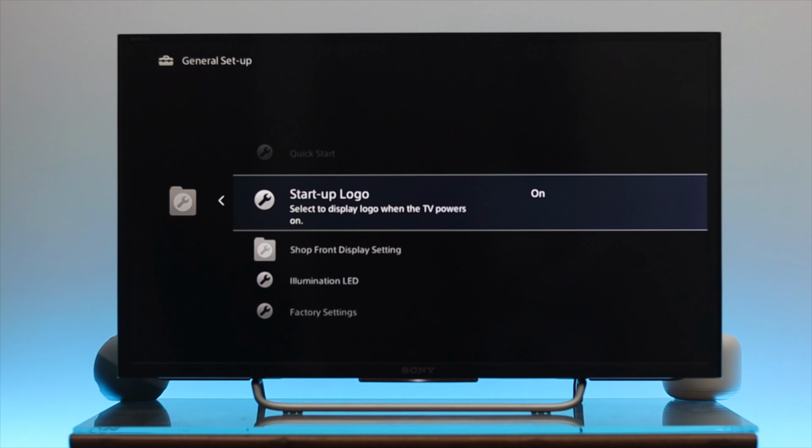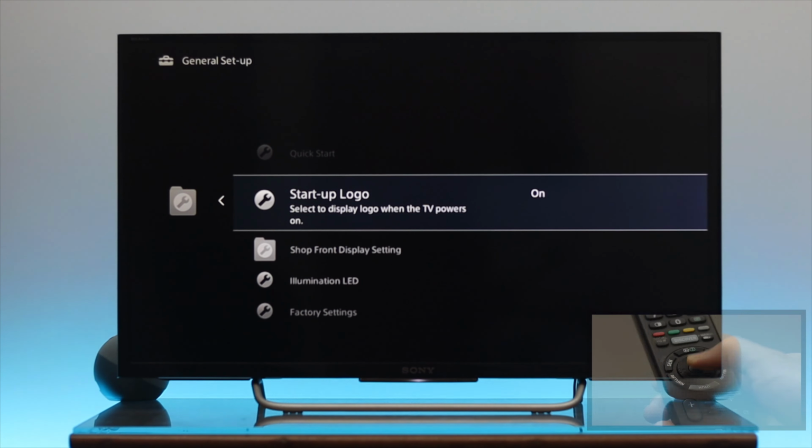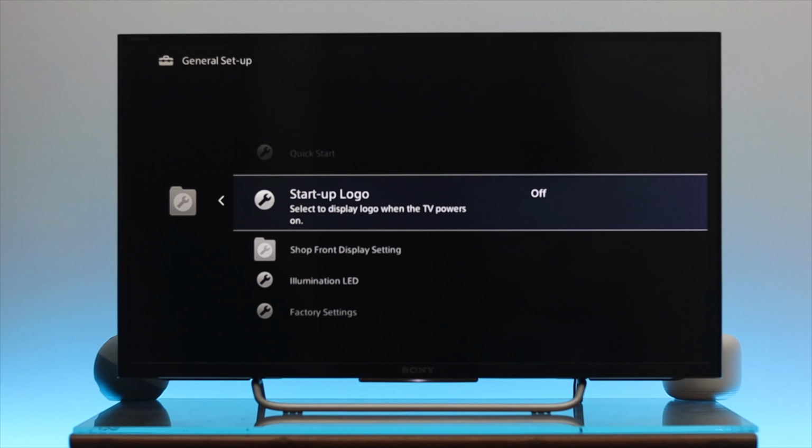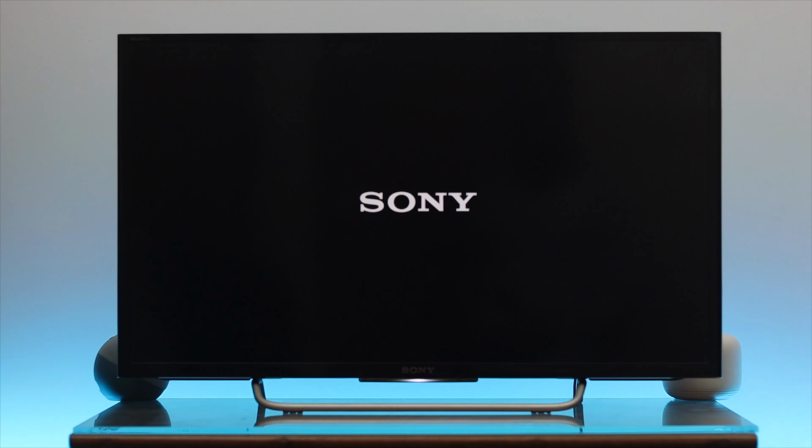Now, if you want to turn off or disable this option, you need to get back to the same settings and select the startup logo and then press OK and then select off and then press OK again, and the startup logo will be disabled on your Sony Bravia Smart TV. So guys, this is how we can easily turn on and off the startup logo on your Sony Bravia Smart